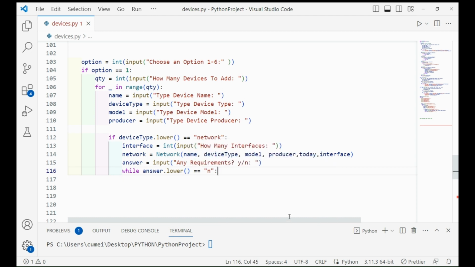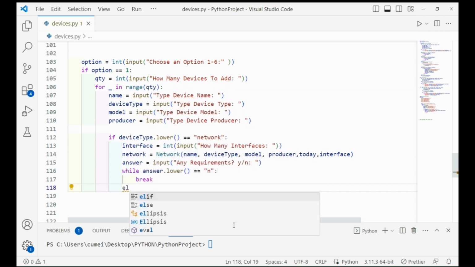So once the answer is no, we break. So which means this loop just ends, right? So otherwise, else,